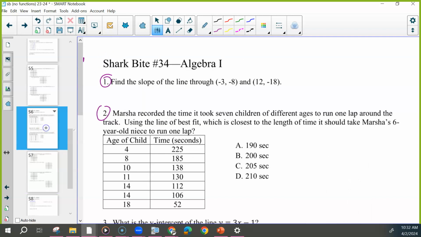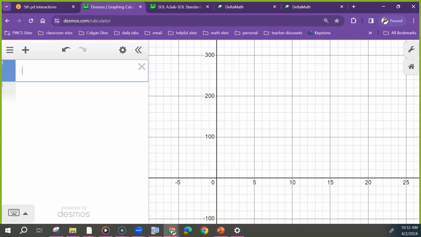And these are all things that can be done on Desmos, so we'll do that. For this first one, if we were to type in the two ordered pairs,